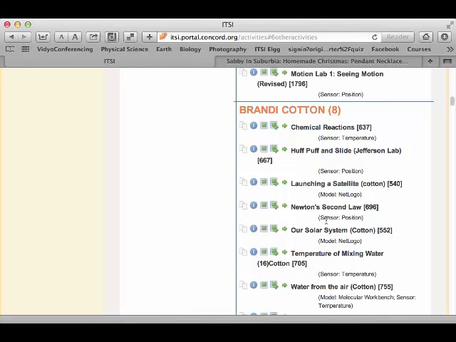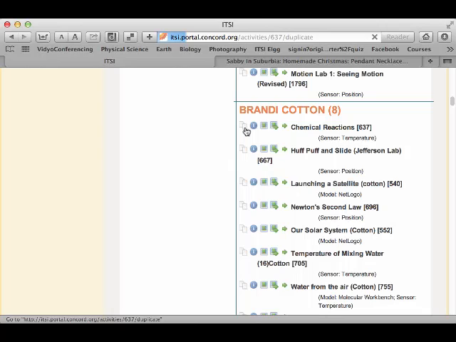Somebody mentioned that they were using the Chemical Reactions activity by Brandy Cotton, and she's got some great models out there. So if you want to make this your own, the first thing you need to remember is you need to be logged into the portal as a teacher, and then come over to the icon that says Make Your Own Version of this activity. It's probably the hardest icon to see because it's white and it's not on any of the other pages. It is on the models, but here you click it to copy it,